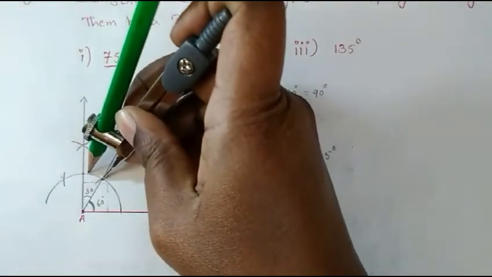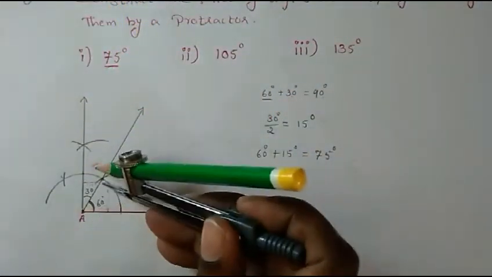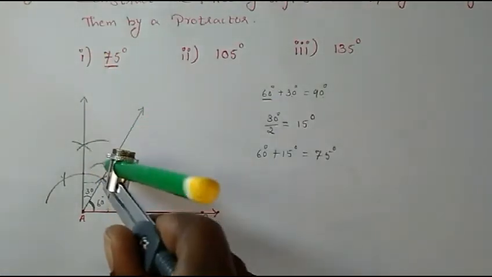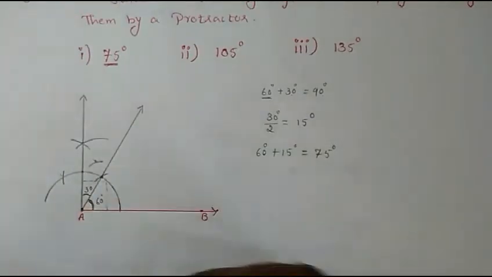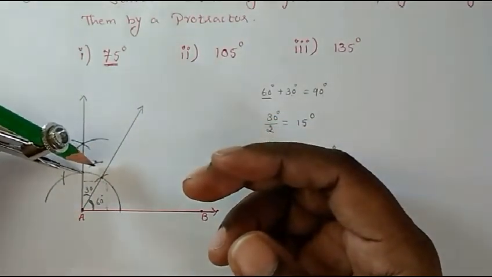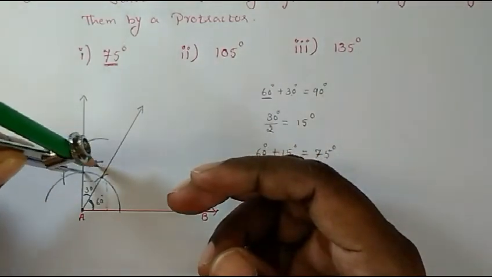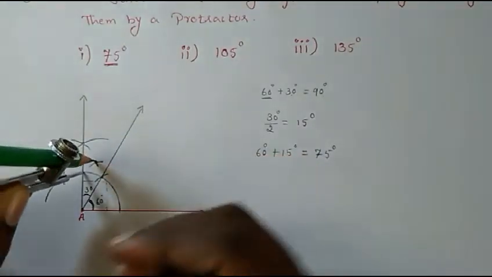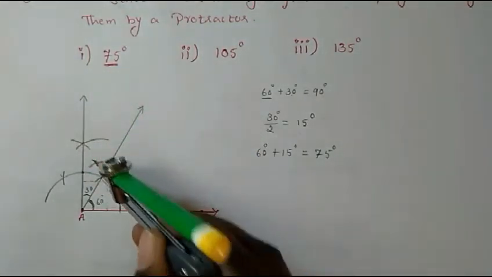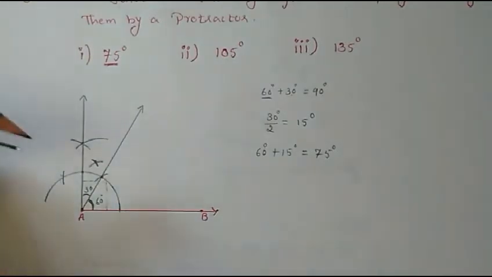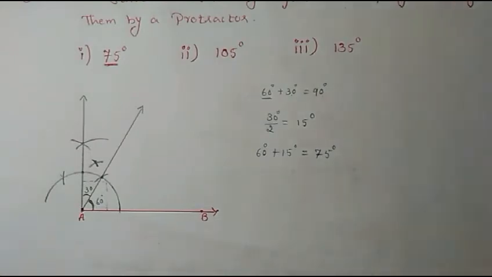See, more than half of this angle. Okay, so then we will draw the arc. Now keep the point on this, then draw the arc. Because the pencil, it's a small area, that's why finding it difficult. Okay, so both sides equally, you see, both sides equal measurement. Okay, so now join that point.